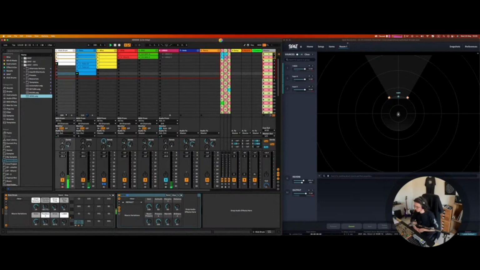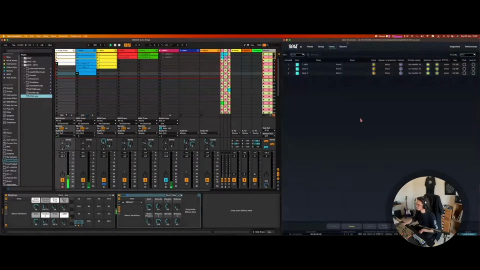We're talking about index. For the ones that are not familiar with index, well, it's an ID. So ID1, ID2, ID3, they represent SPAT source 1, SPAT source 2, SPAT source 3. Actually, if you go quickly on your item list on SPAT Revolution, you can see number 1, 2, and 3. These are the index, a 1-to-1 map. So as long as you got the right index set, whenever we have a plugin loading,